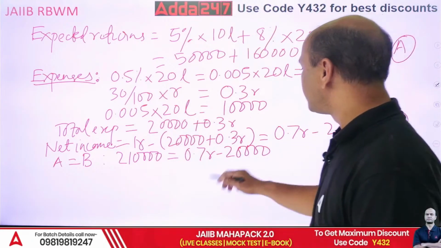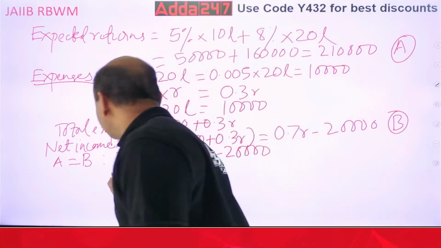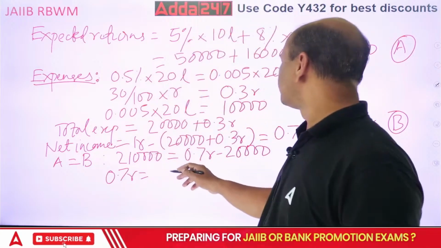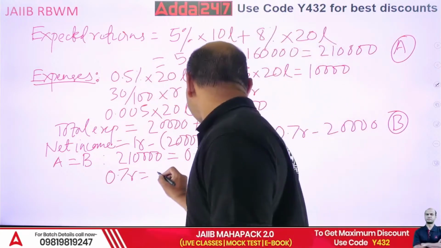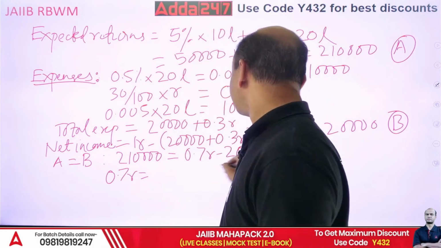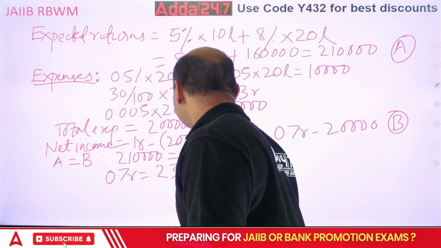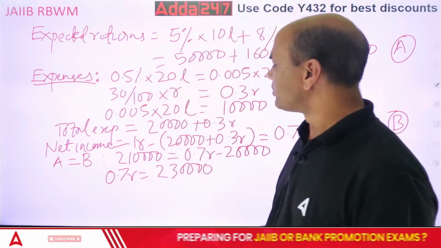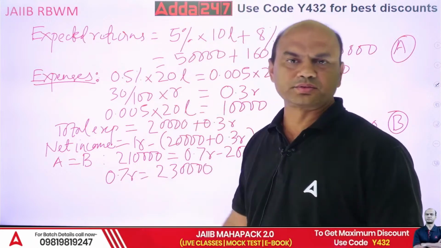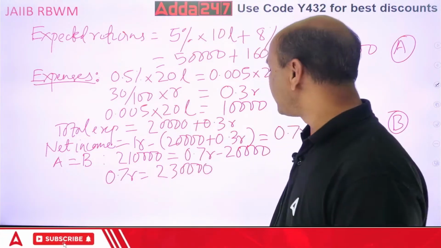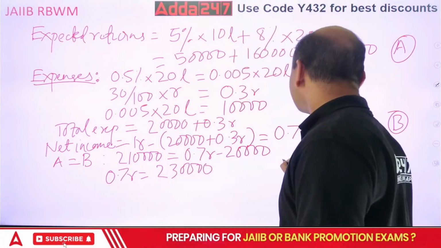If you take 20,000 on the other side, you will get 0.7R equals 2,10,000 plus 20,000. So 2,30,000. Right? So 0.7R equals 2,30,000. So what is R then? Divide this. R equals